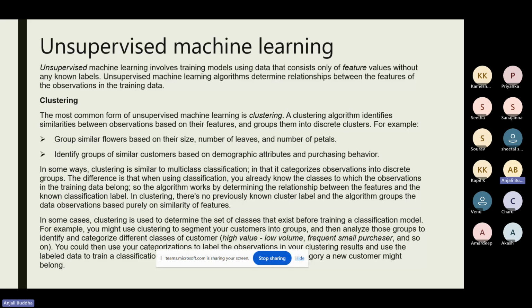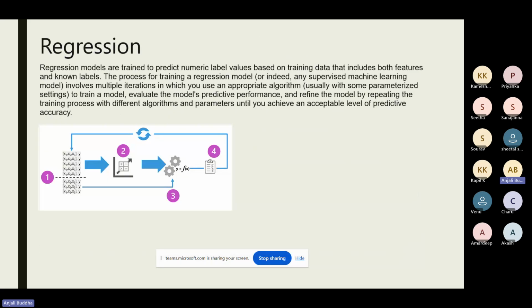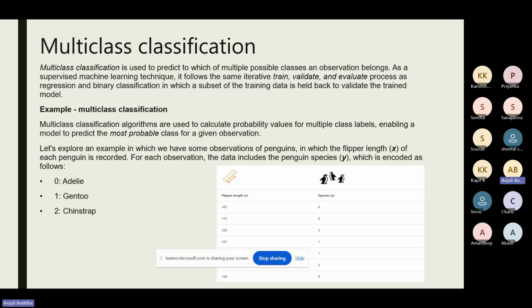But when we say clustering, we are basically not able to predict it. What it is going to do is try to map the common features in the given objects. For example, I'm comparing certain objects. It will try to match the common features in the given objects, and it will try to predict the outcome. Here you can see the image. When I show you, you will be more clear about that.